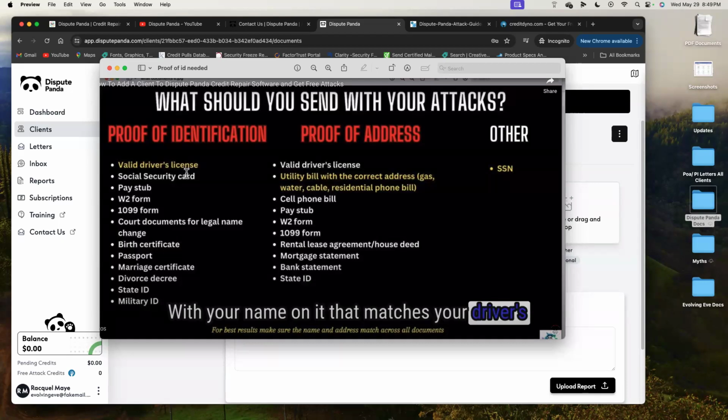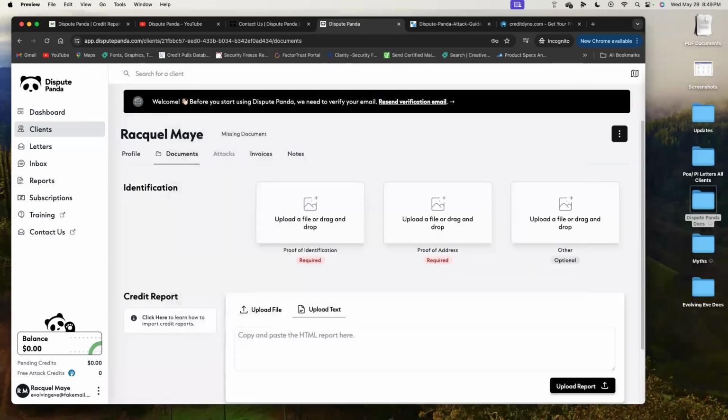Number two, if you are using a residential bill, gas bill, water bill, cable bill, anything residential, you are going to want to ask your client to update that bill every 60 to 90 days. The reason that you're going to want to do that is because the credit bureau likes to play games. They like to stall us out. And a big way that they can do that is if your identification documentation is out of date. So if the driver's license is canceled, it no work. It's no good. Don't use it. Okay. This is kind of what you guys need to look at. Have this with you so you can help your clients win while we are going through the process.